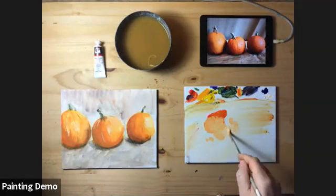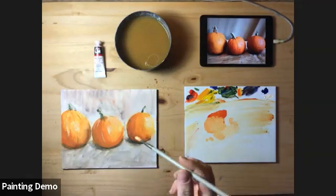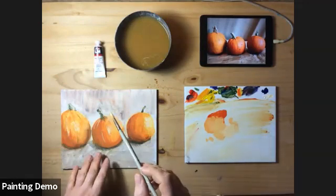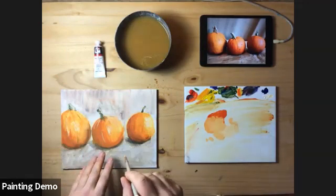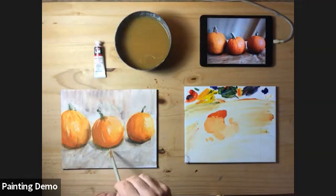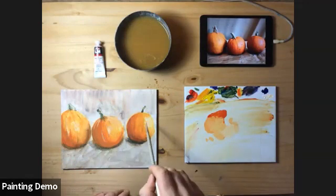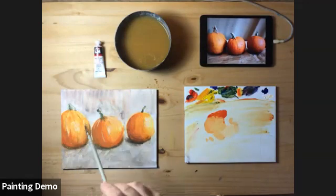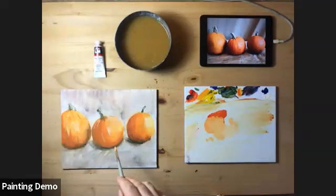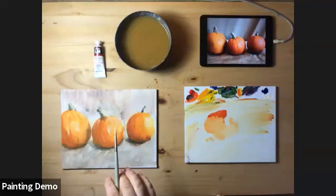Now that I've added the lighter colours, it's automatically showing to me that elements of the pumpkins aren't dark enough. And you can probably see that clearly now, that this shadow here and this shadow here and this shadow here, they're just not dark enough. And some of those oranges as well, now we've got those lighter lights in there,